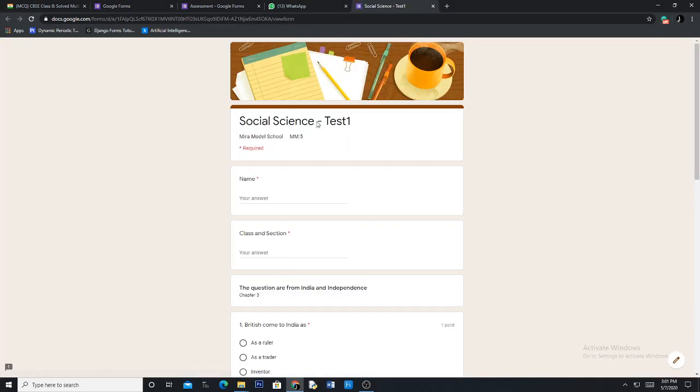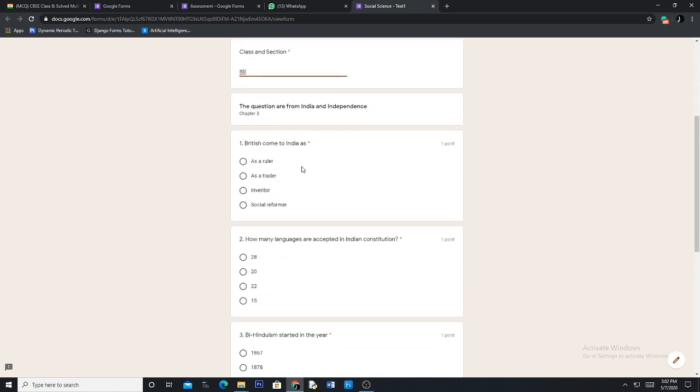Now the child has clicked. Now look at this. The child has to give some name. Suppose I give Dummy 1 as the first name. Section, suppose I say 8th B. Now I start attempting.